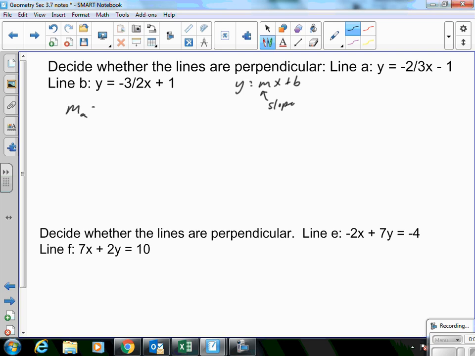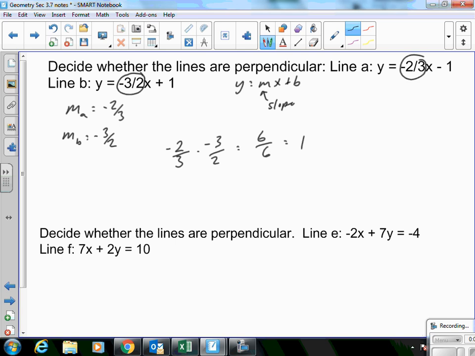So the slope of A is going to be the -2/3 coming out from right there in front of the x. And then the slope of B is going to be right here in front of this x, -3/2. Which if I multiply those together, -2/3 times -3/2, it's going to give me +6/6 or +1,